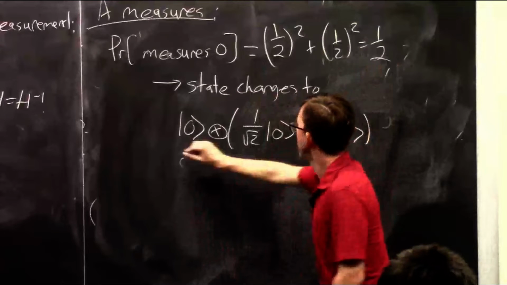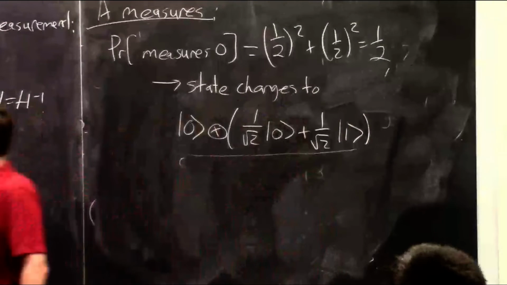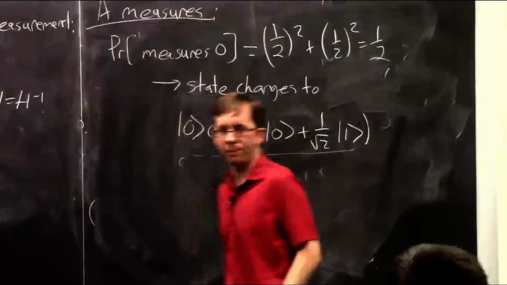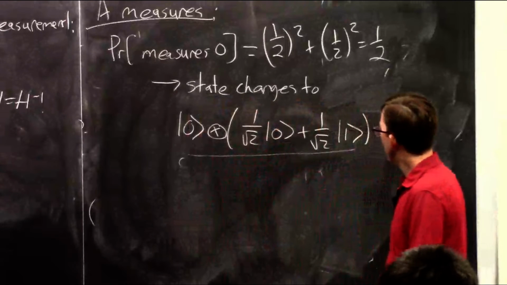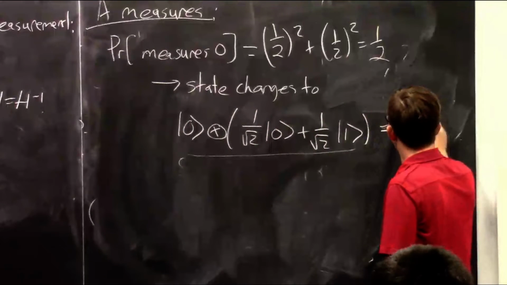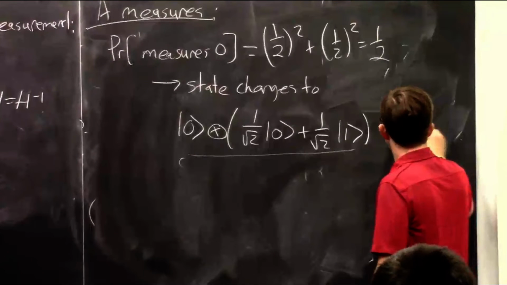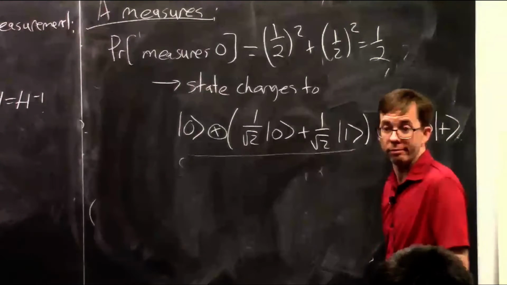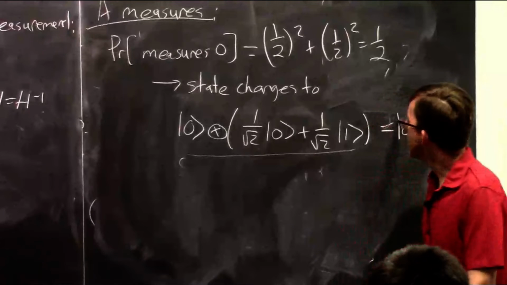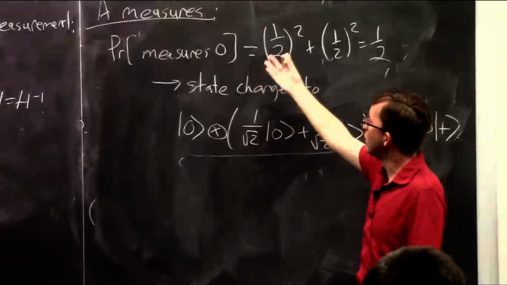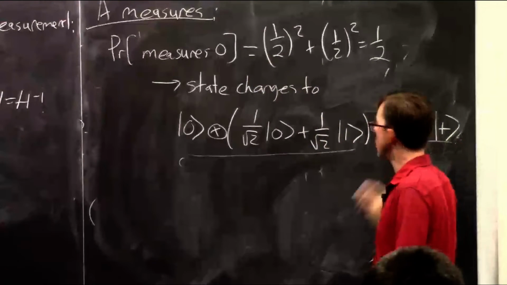Right? This expression is what you get if you pick up these two underlined parts and normalize them to be a state. Which, by the way, is 0 tensored with plus. Okay. So there's a 50% chance in this experiment that she measures 0, and then the state changes to 0